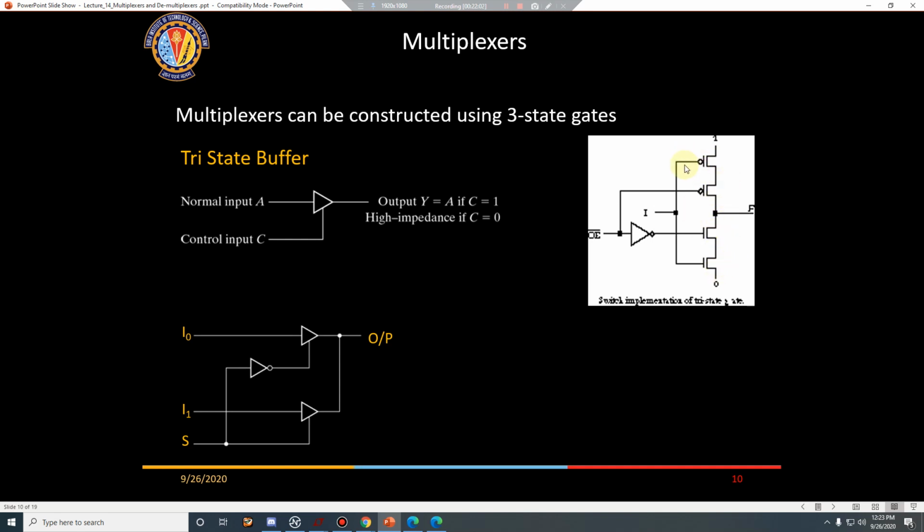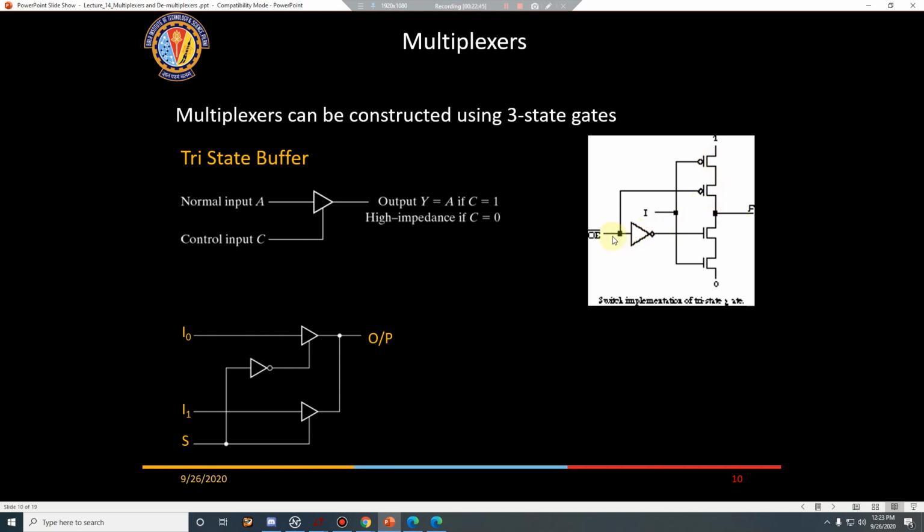Now, the input signals which we need to give. Suppose the control signal here is 0. So this PMOS gets switched on, and this NMOS is also switched on since it is 1 here. These two get switched on. Now you have the input available here. If the input is 1, this NMOS is switched on, and whatever charge is available here will be discharged, so it will be 0. And if this input is 0, the PMOS will be switched on, so this node will get charged to 1.